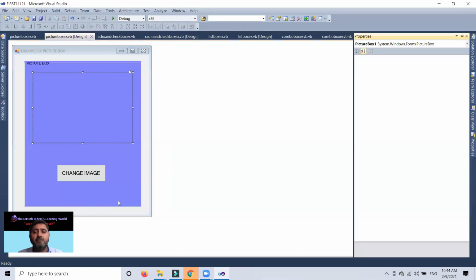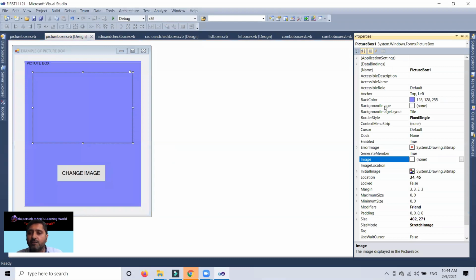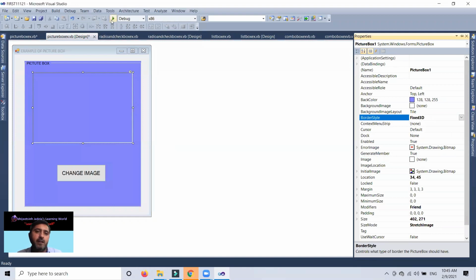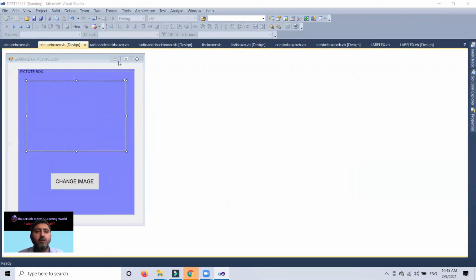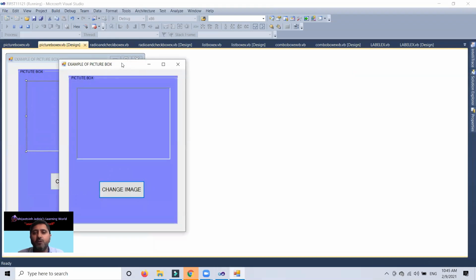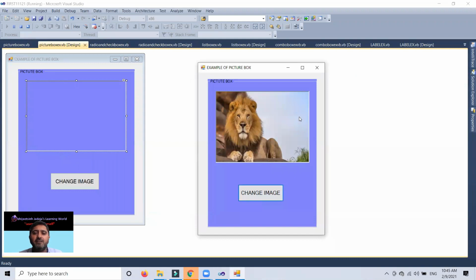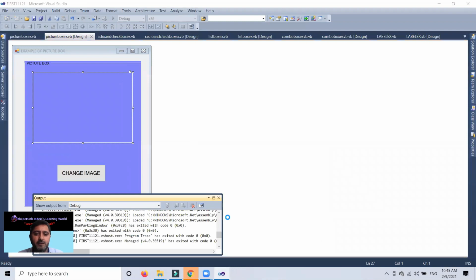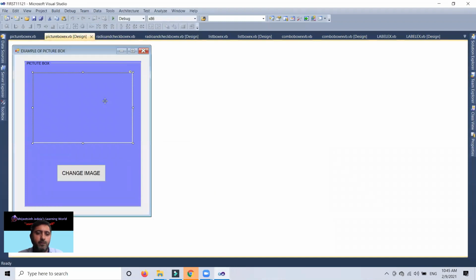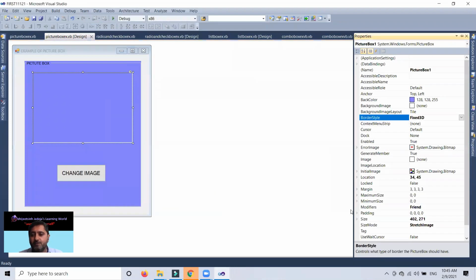Similarly, we can say that when we change a property, such as border style, that is fixed 3D, fixed single. If we want to make it 3D, now let me check and understand what is the effect of this. Look, the border is 3D, just only a white shadow. It feels like a minor white border is there. And yes, the most important thing, picture box size mode, stretch.